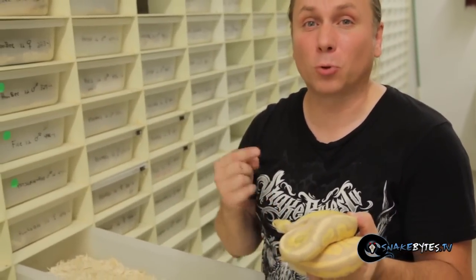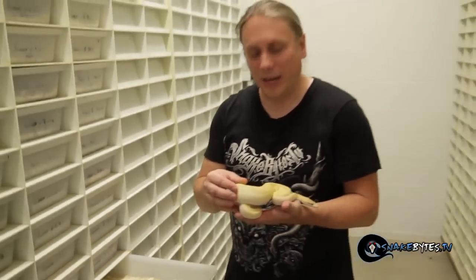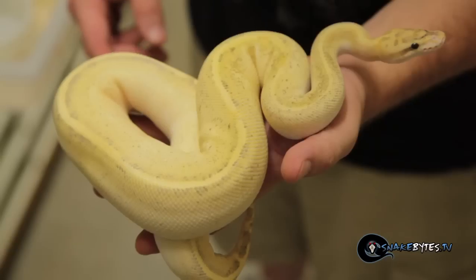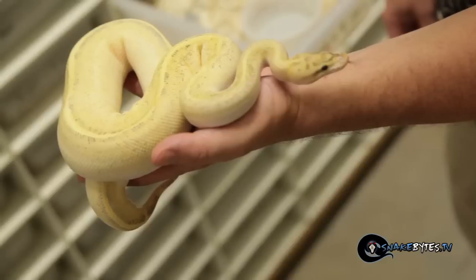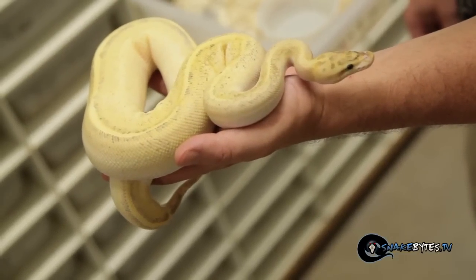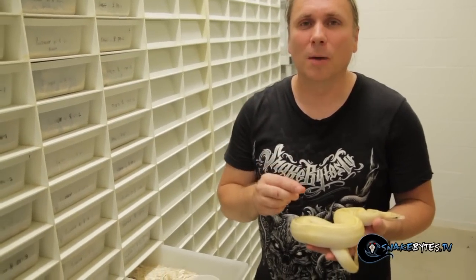I tell you what, this is one impressive snake. This is a Puma ball python. I've always really liked these guys. Now it's an allelic animal, which basically means when you breed a spark, which is codominant, to a yellow belly, which is codominant, you produce the Pumas. Now if you breed spark to spark, you actually get something that looks similar to Puma, but it's actually a